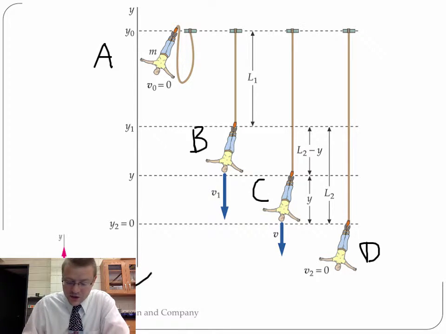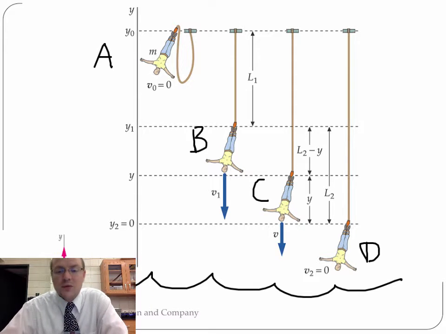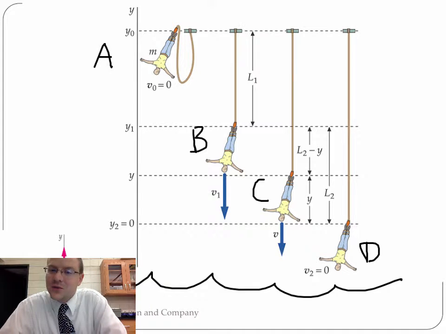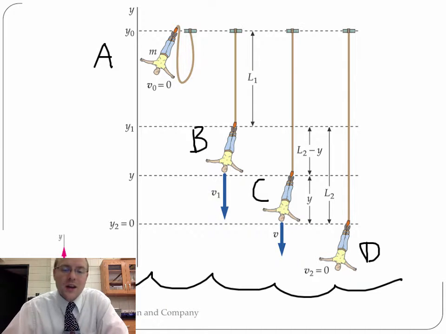So the water is just below the person's head. People do this and try to just touch the water and come back up. Better make sure you know all the information about that bungee cord before you do this jump. So let's set up energy equations A, B, C, and D, and I'll do it all on one